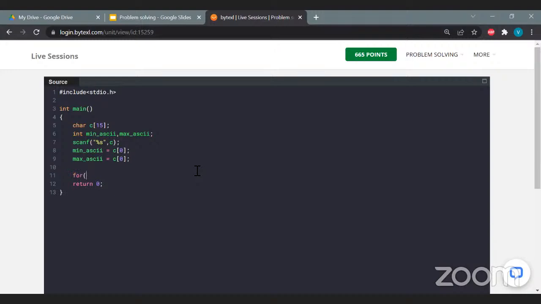So we'll be using a for loop for int i is equal to 1. The reason why I'm starting i with the first index is, since we have already assigned the character present at the 0th index to min ASCII and max ASCII, there is no necessity to start the index from 0. We can start it from 1. i is less than